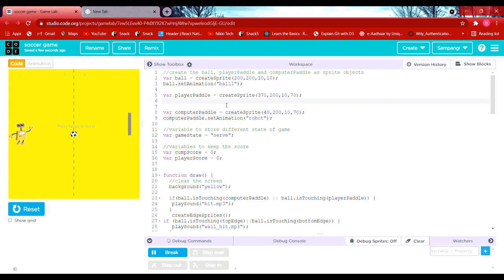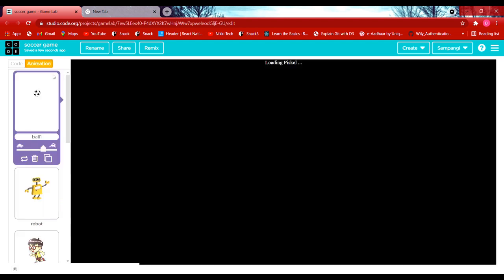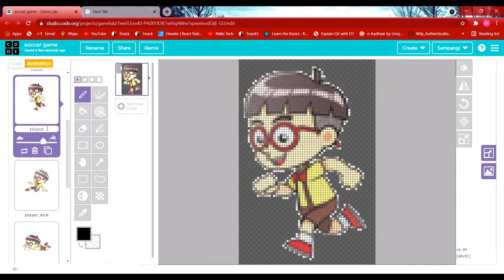Again, we type playerPaddle.setAnimation player. You know what setAnimation is: it is used to add an image to an object or a variable. Player is an image which I have over here.